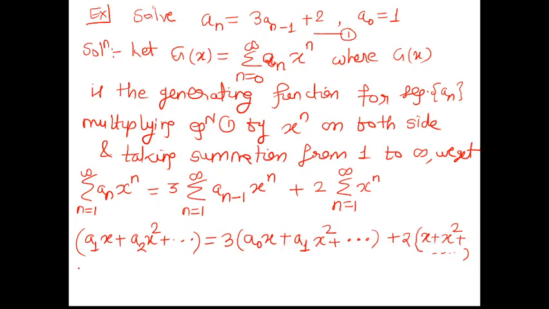So what do we do? Here a0 is missing, so we will add a0 here. So it is a0 plus a1x plus a2x square and so on. As a0 is added, it should be subtracted also to balance the term,